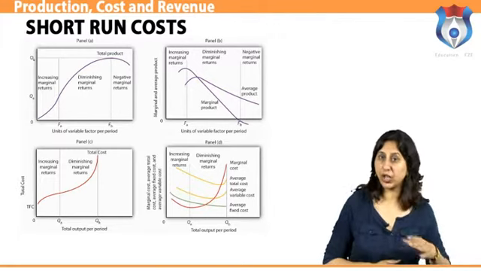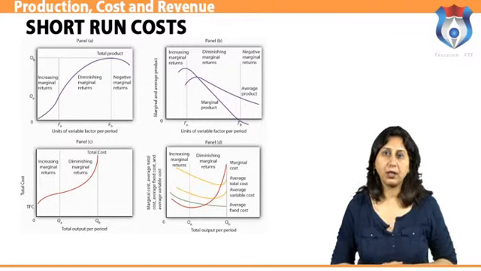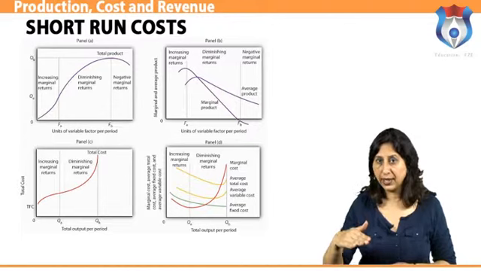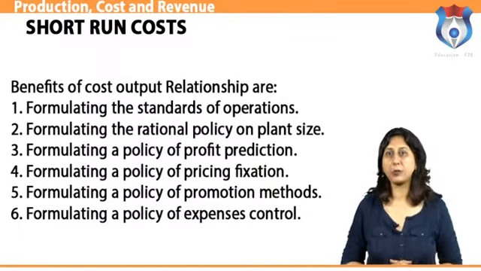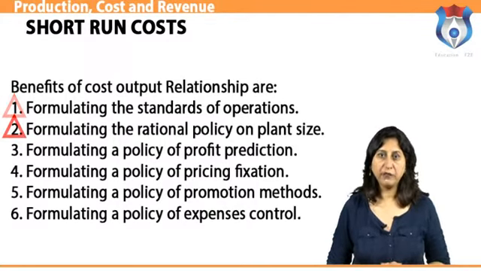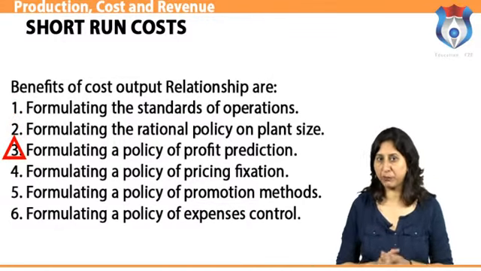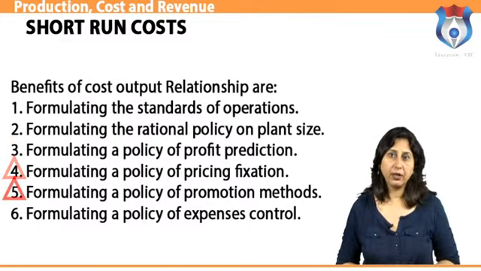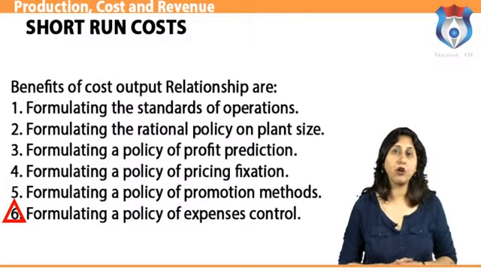Marginal cost is the change in total cost resulting from unit change in output. The marginal cost also decreases up to a certain level of production. Later, it rises slowly. Benefits of the cost-output relationship are formulating the standards of operations, formulating a rational policy on plant size, formulating a policy of profit prediction, formulating a policy of pricing fixation, formulating a policy of promotion methods, formulating a policy of expenses